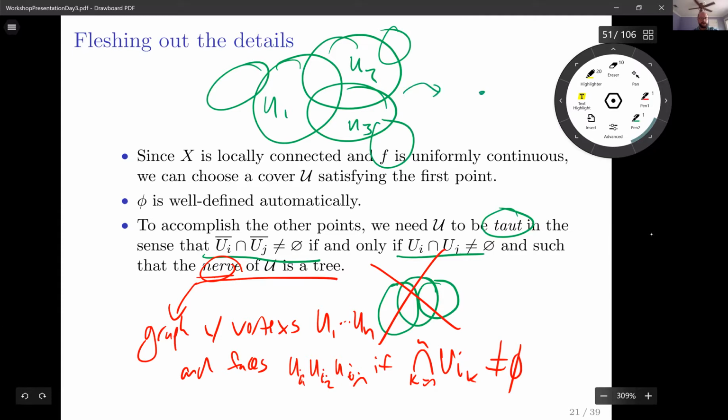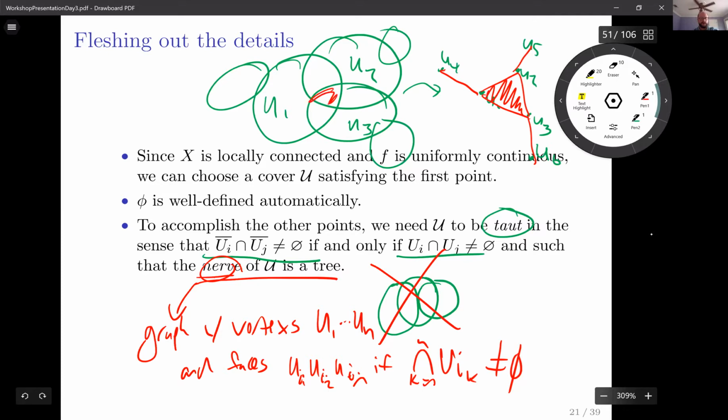Then my nerve has vertices U1 through U6. And I have an edge or a face if there's a common intersection. So I'd have an edge from U4 to U1 because there's an intersection, and an edge from U5 to U2 because there's an intersection. I have an edge here, here, here, and here. And I'd actually fill this whole thing in